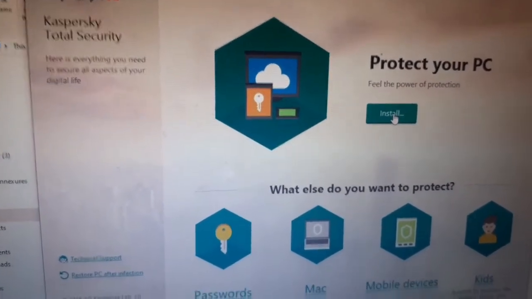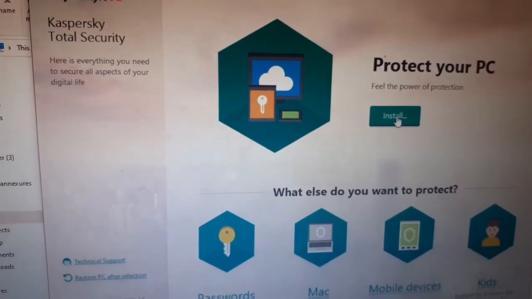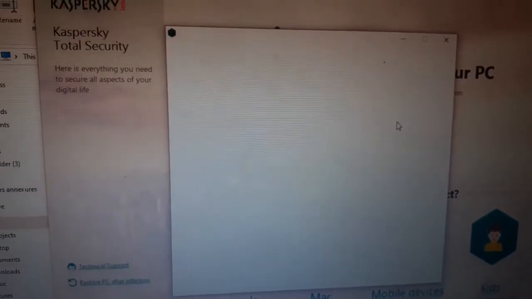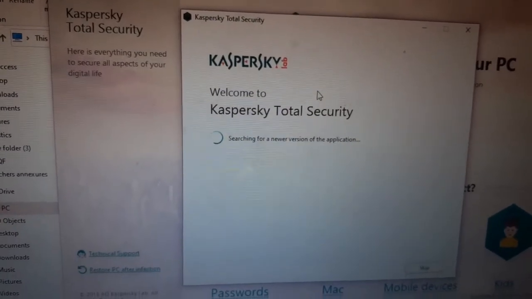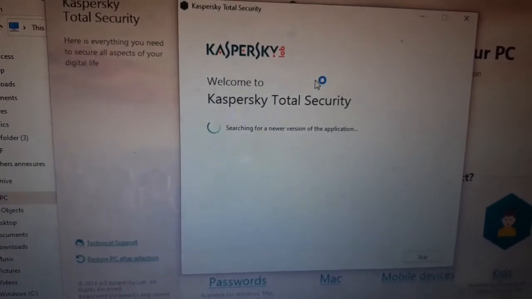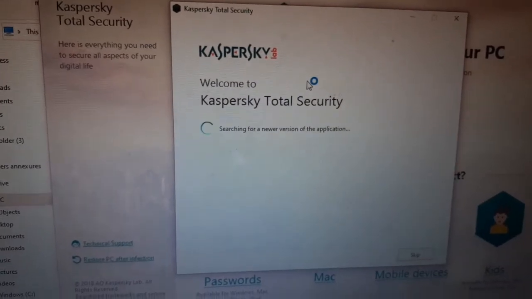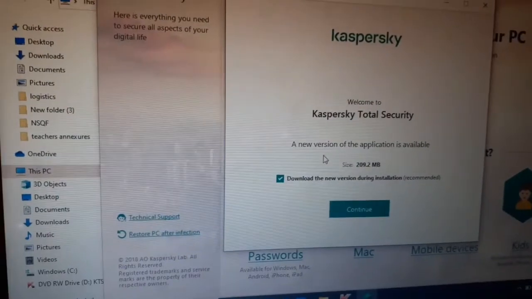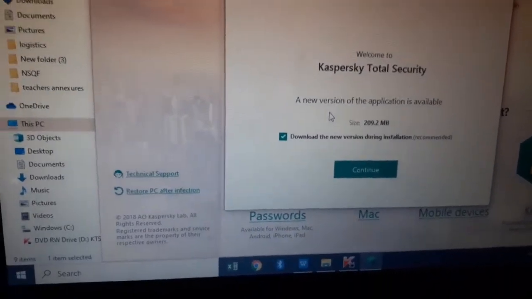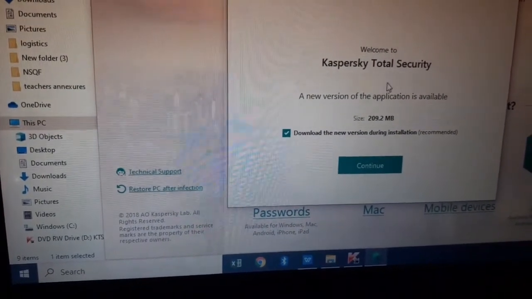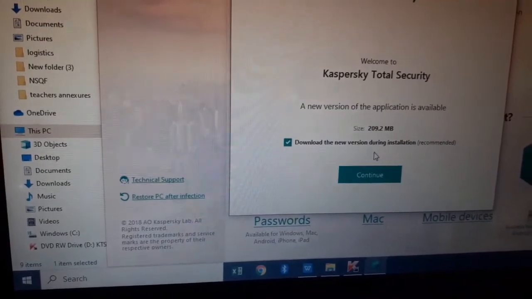Once we click on install, we need to wait. We have another window which is opening up, and it is a welcome window. It will ask us whether we want to download the new version.